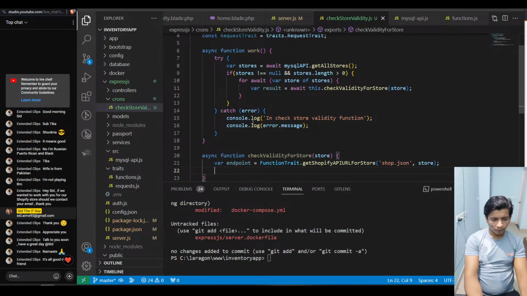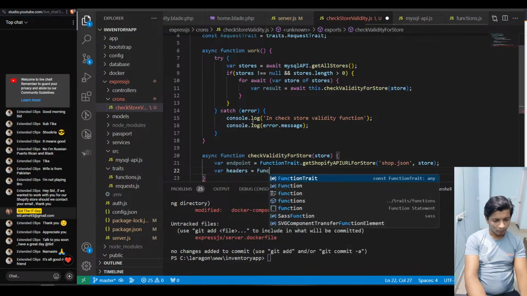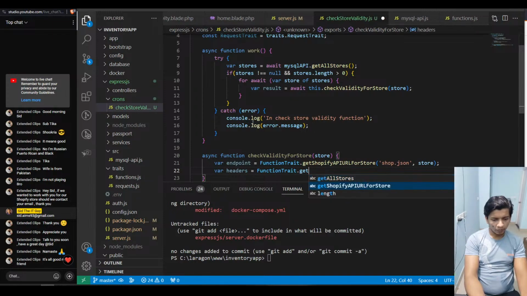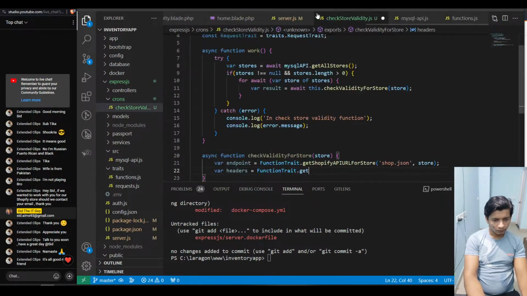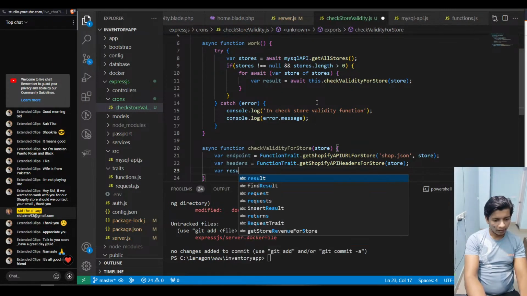Shop JSON and store where headers would be function trade dot get Shopify store, then where result would be